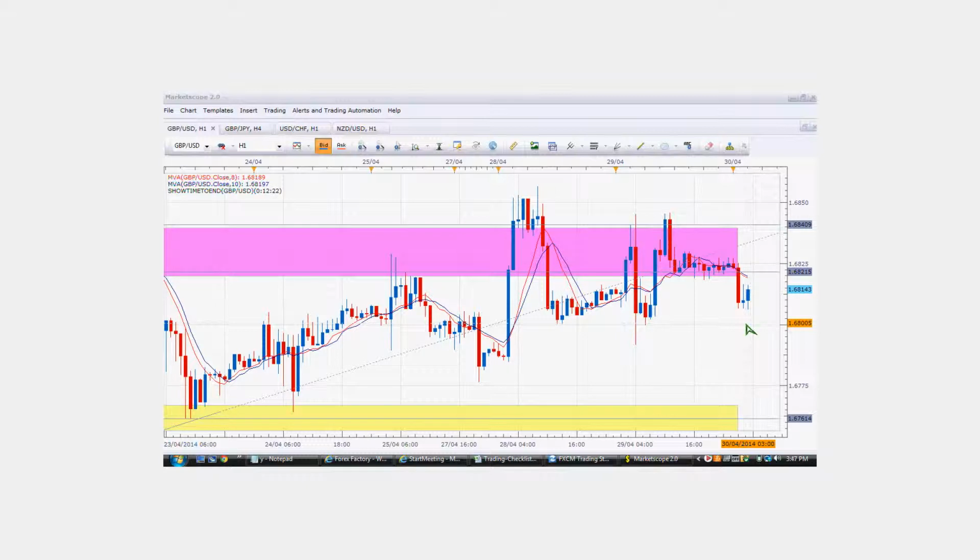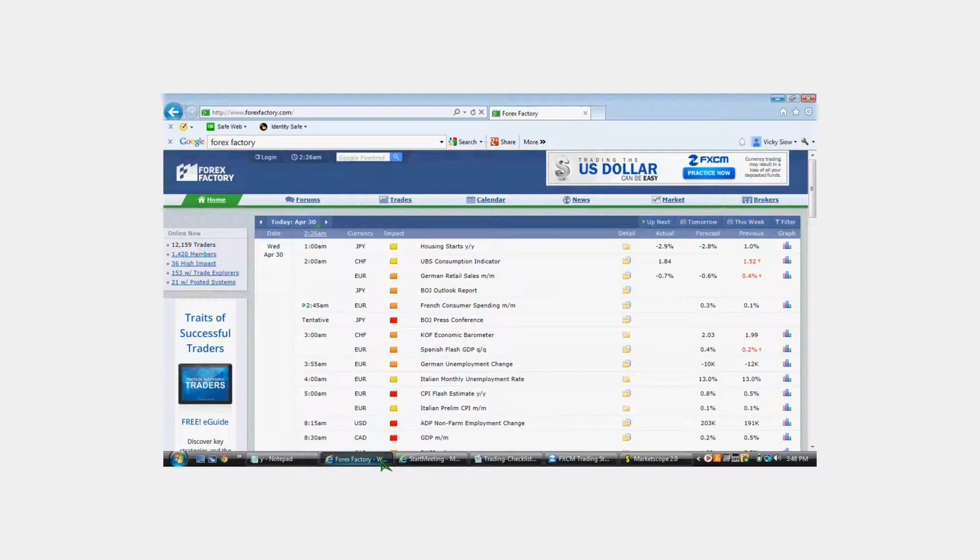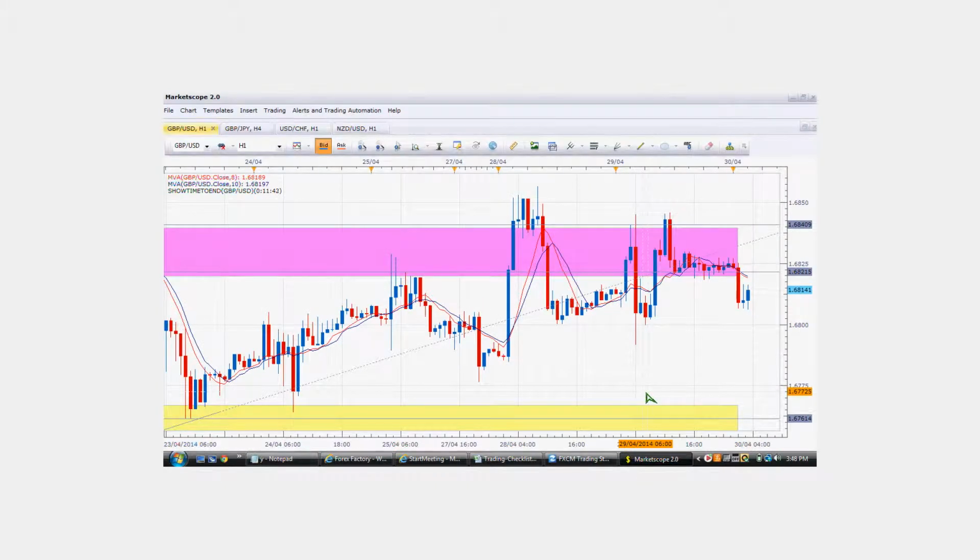Yeah, when it touches the 8 or the 10. So it should be short. Correct. So only if the price doesn't want to go, or it's only correcting itself because it's currently very bearish. Is there any upcoming news in the next few hours? Not on the pound and the USD. Our USD is only tonight. Exactly. So there's really nothing, right? Yeah. So as far as I'm concerned, it could just consolidate, come back down to the level of demand,